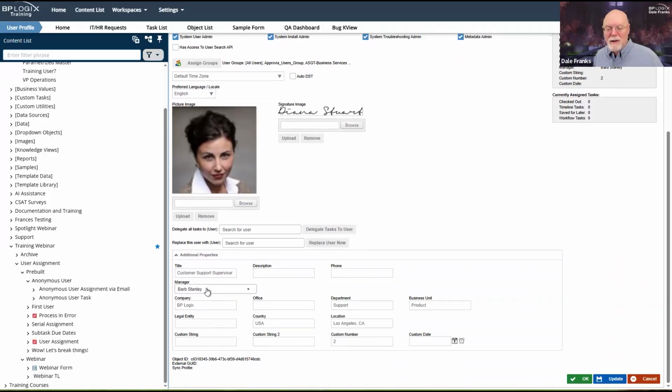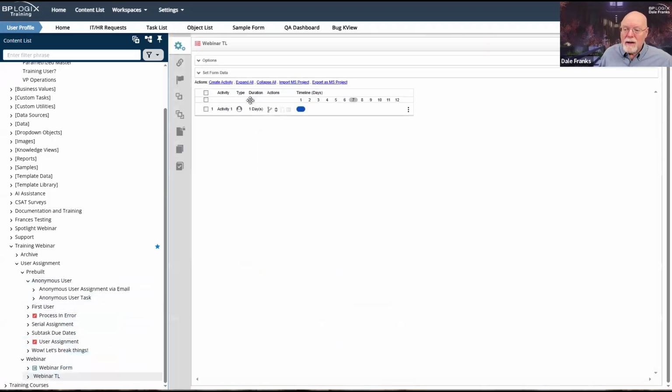Her manager is Barb Stanley. So I actually know who her boss is. So assuming that I have all of my managers set up properly, then I don't necessarily have to allow people to pick from a form field who their supervisor is. I already know it. And since I do, I can assign via system variable.